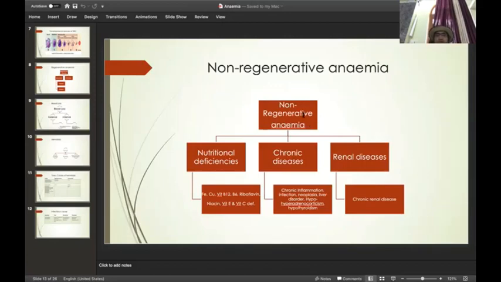So non-regenerative anemia is either nutritional deficiency initially, then due to certain chronic diseases, or third, extramedullary, meaning apart from the bone marrow, the most important factor, renal disorder. So this is the most important part. Now coming to nutritional deficiency, the micro minerals required for the synthesis of RBC, if they are deficient in the system for a very, very long time, the mature